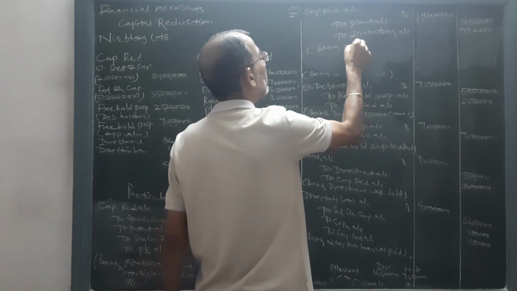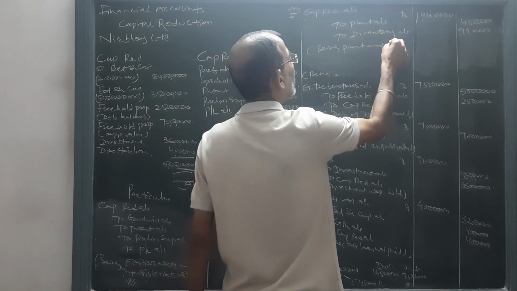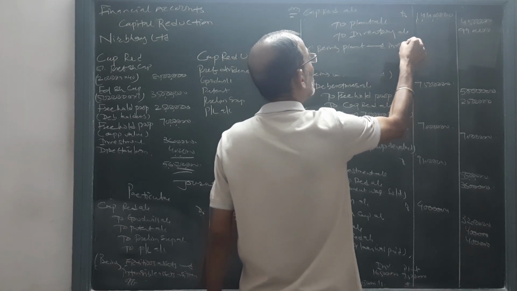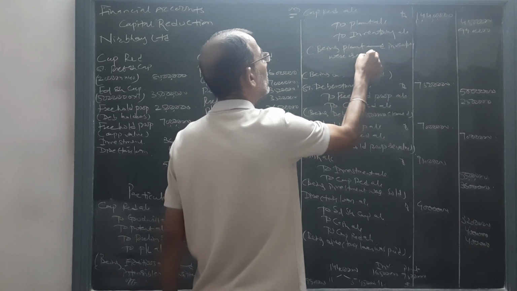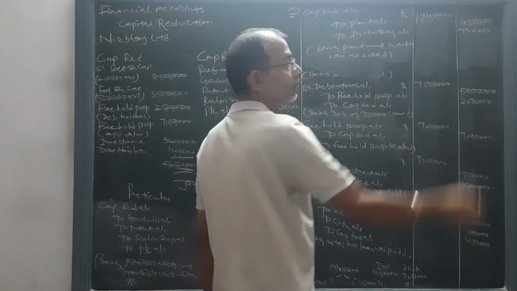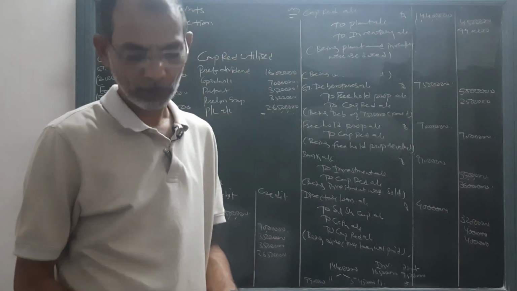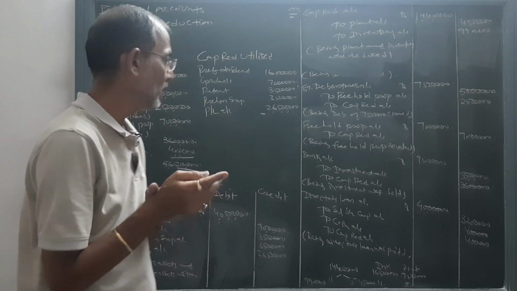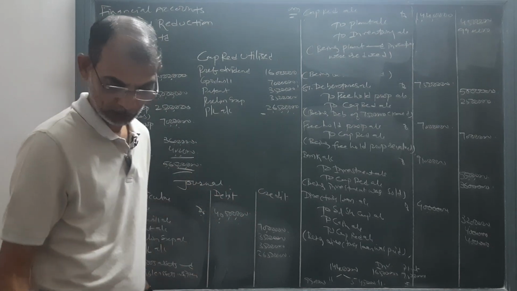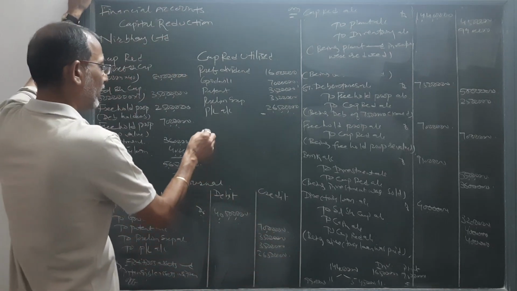Being plant and inventory were reduced, or the value of the plant and inventory was reduced. Now we have to prepare the balance sheet, but before that let me write the value of plant